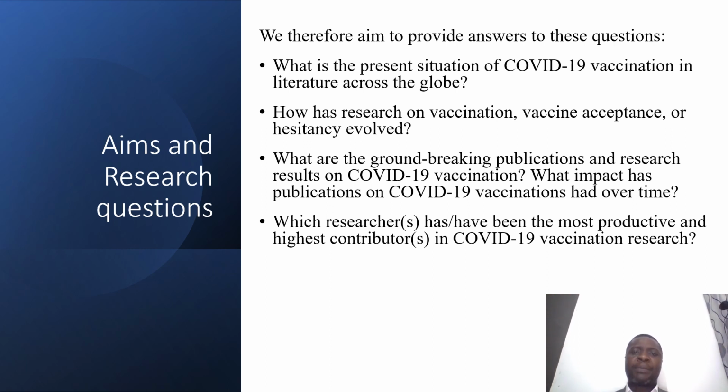1. What is the present situation of COVID-19 vaccination in literature across the globe? 2. How has research on vaccination, vaccine acceptance, or hesitancy evolved? And what are the groundbreaking publications and research results on COVID-19 vaccination? What impact have publications on COVID-19 vaccinations had over time? And finally, which researchers have been the most productive and highest contributors in COVID-19